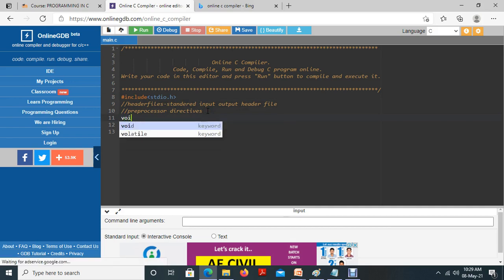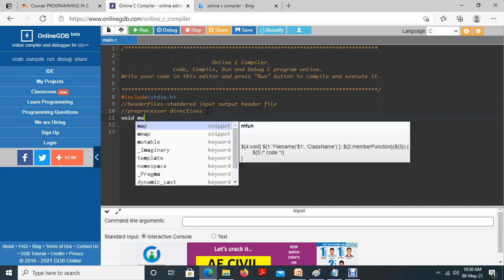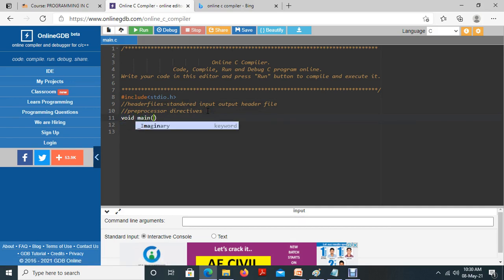The next step is to start the program. So void main. This is the syntax of a C program. All the high-level programming languages that we discussed in the last class are structured programming languages. What is the meaning of structured programming languages? We have an order, a sequence, that the program should start from this particular point and end at this particular point. So how will we inform the compiler that my program should start execution from this particular point and close at this particular point?